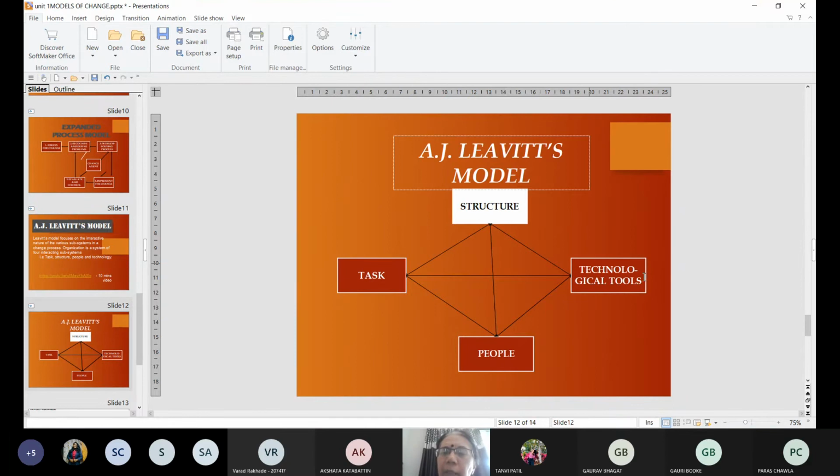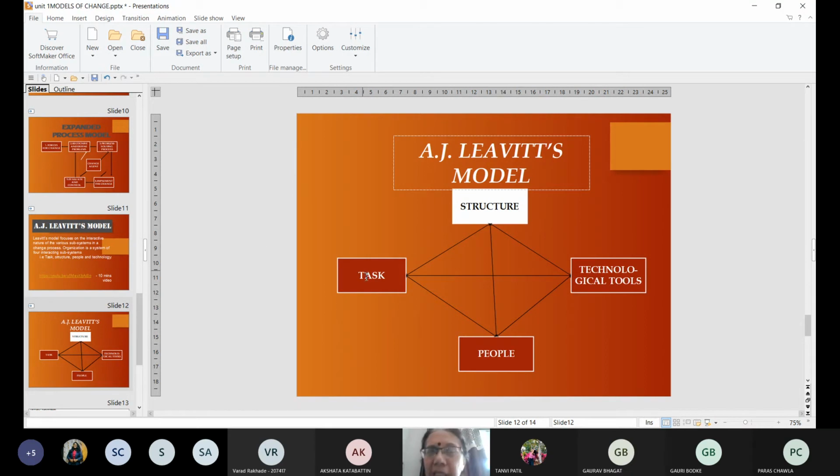Similarly, अगर technology बदल गया, if a new technology is implemented in the organization, then people will have to learn. तो उनको ट्रेनिंग देना पड़ेगा. So people will change. नए लोग नहीं आएंगे, वही लोग रहेंगे, but उनका knowledge update हो जाएगा. So their skill sets will change. टेक्नोलॉजी नया आने की वजह से उनका जो काम करने का तरीका है वो बदल जाएगा. So tasks will change. Infrastructure will also change, right? So technological tools is one important factor which is affecting the rest of the 3.